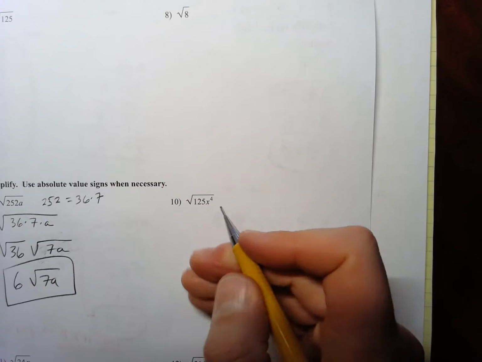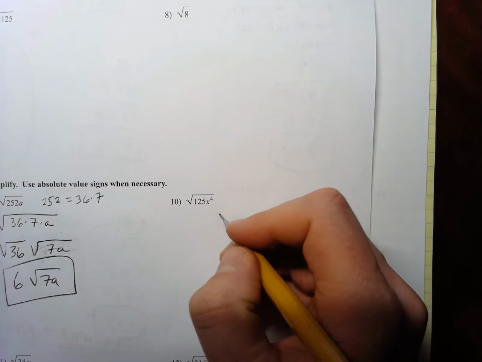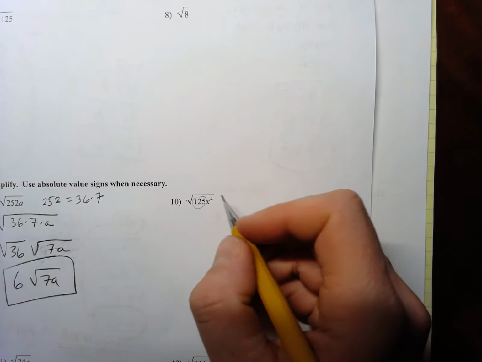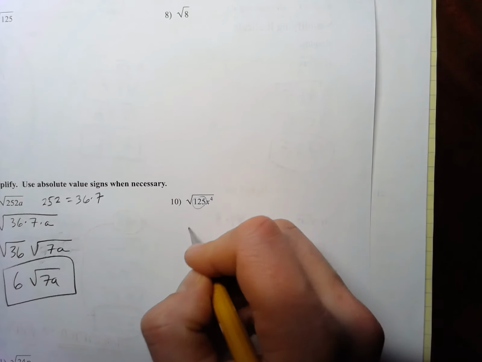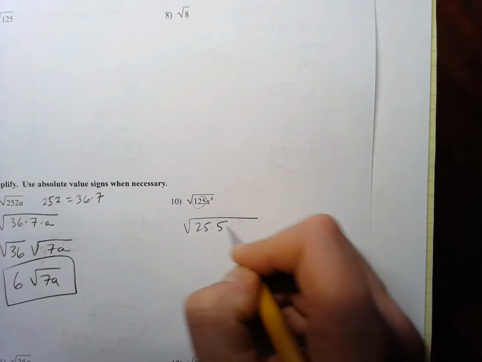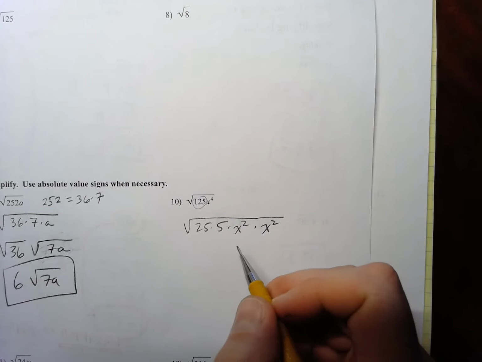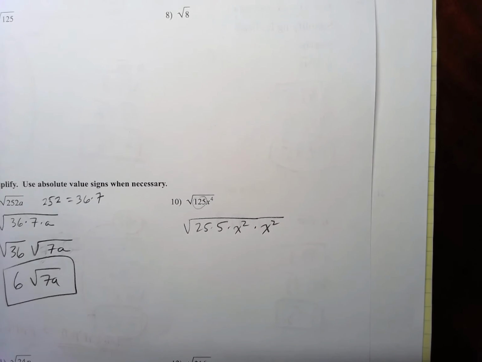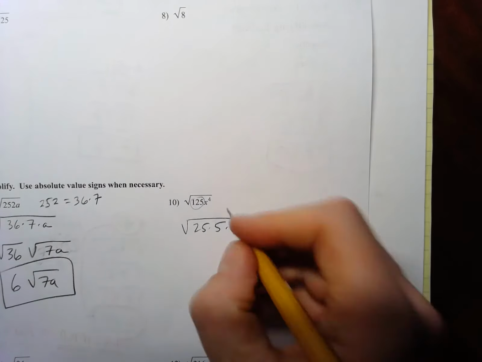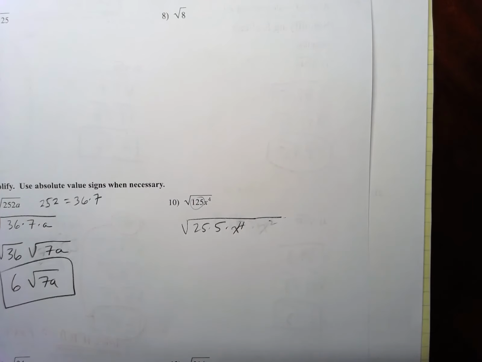Here, the square root of 4x to the 4th is going to be x squared, and notice that the 125 is going to be 25 times 5. So this is actually 25 times 5 times x squared times x squared. Or rather, I don't want to get ahead of myself, x to the 4th, which would be x squared times x squared. But anyway,